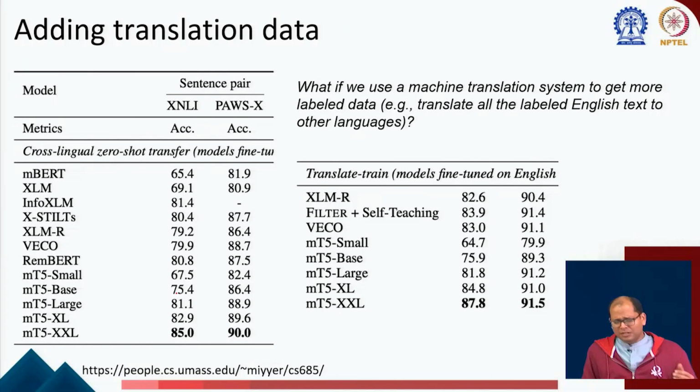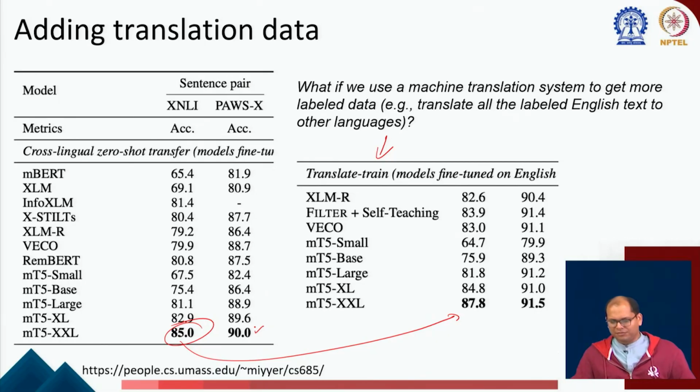Now they did some other experiments. What if we use some machine translation system to get more labeled data? So I already have labeled data in English. What if I translate it to these languages and add it? So they tried it. You can translate and train on that particular language. This boosts the performance, but this is not so much improvement compared to what you already got here, right? So it gives further improvement, but this was huge. So that was some very nice